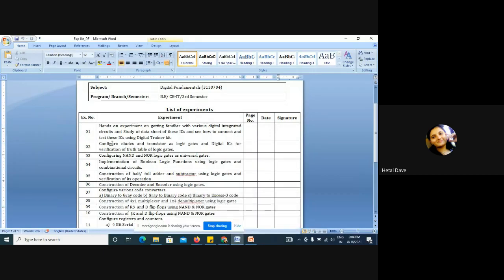So here we completed our second experiment in our previous lab. Today we need to see how to configure NAND and NOR logic gates as universal gates. We need to see this highlighted practical, the third practical here. For 30 to 40 minutes, I will explain the theory behind this third experiment. Once it is explained, then online students will have this kit with them.